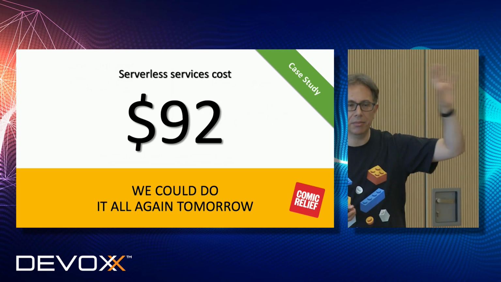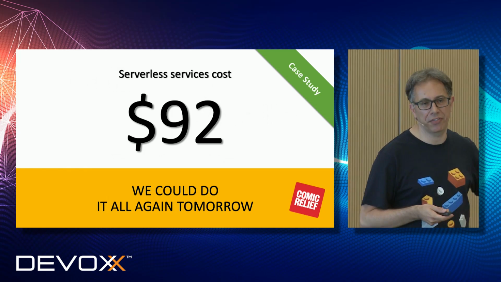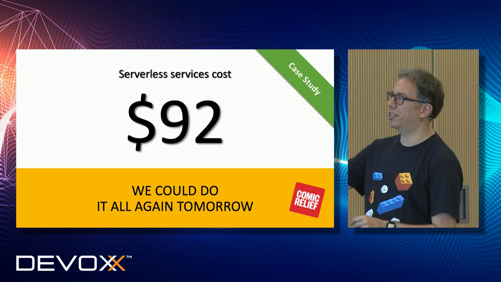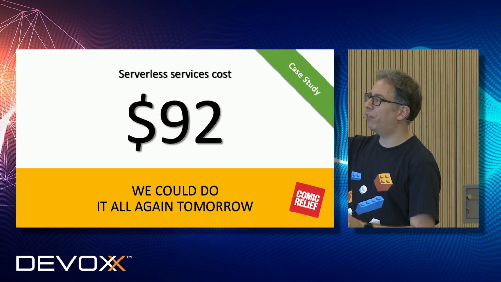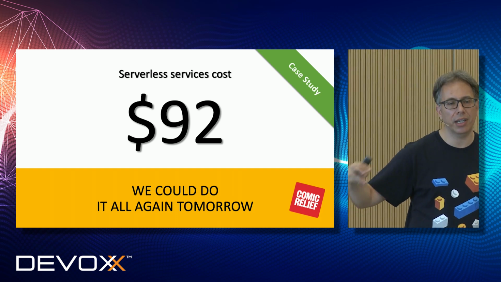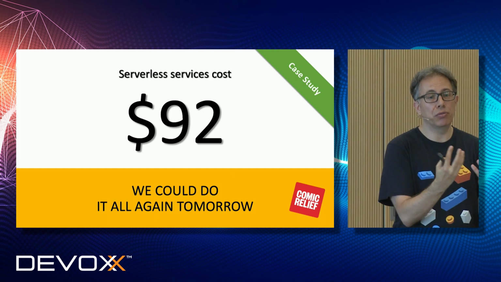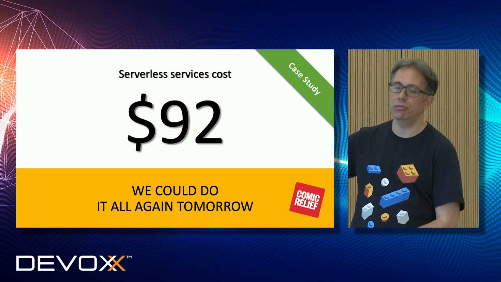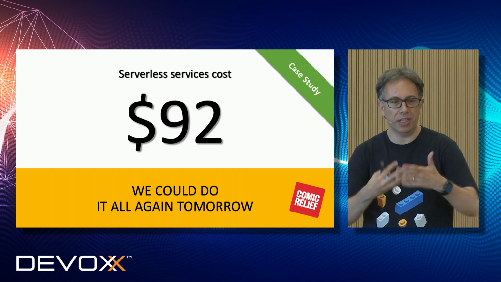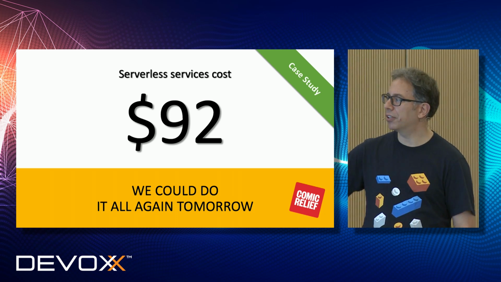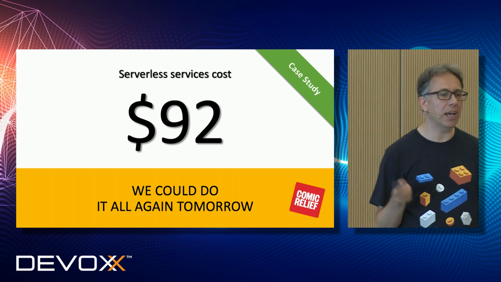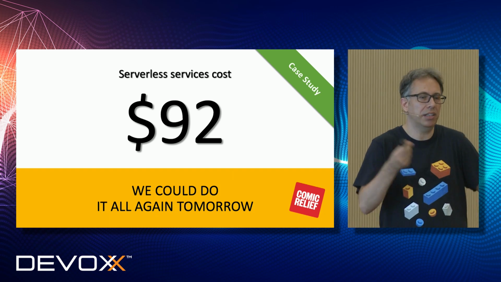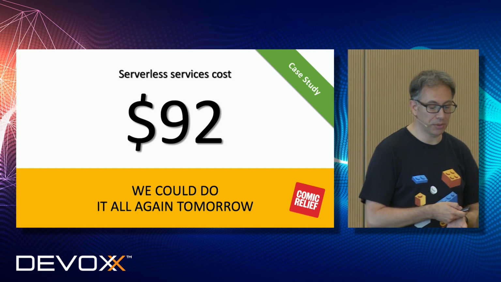Everything else is still the database and the other legacy stuff that they still have. So serverless was super efficient for them. But the most important thing is not the cost saving, but they say before we needed 2-3 weeks to scale up an environment if we need to run a new campaign. Now we could do it all again tomorrow without any effort, because everything is serverless, ready to scale. So for them, this is a business change. If something happens in the world and they want to run a global scale campaign tomorrow to raise money, they can do it. Before, it was not possible for them.